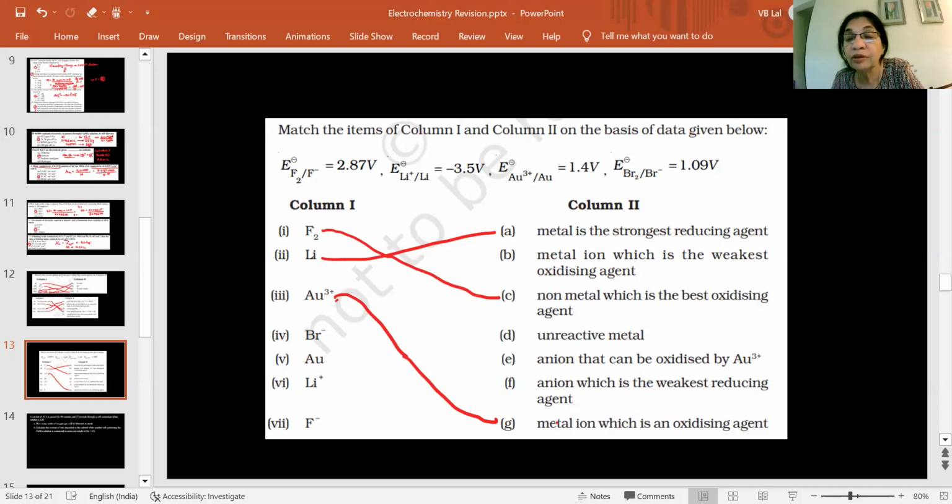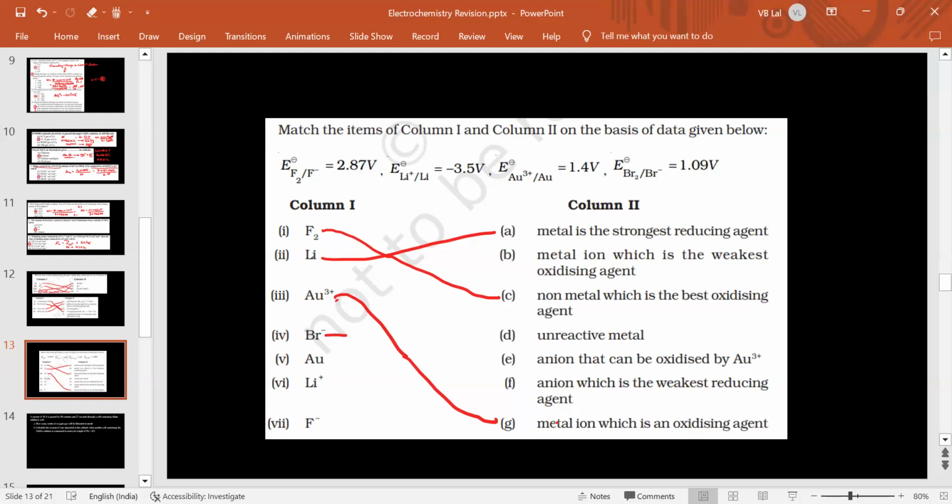What should Br be? Non-metal, unreactive, an anion which is the weakest reducing agent. So it has a high reduction potential, so it cannot be a reducing agent. It can be only an oxidizing agent. If it is a good oxidizing agent, it has to be a weak reducing agent. So an anion, which is